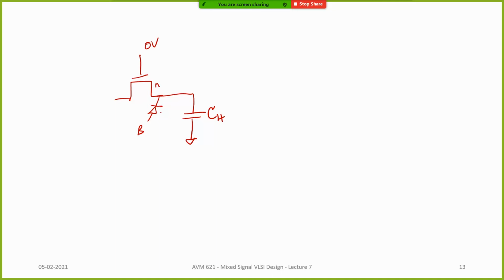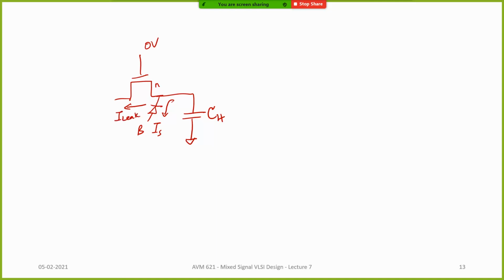Now the reverse biased junction diode will also have what? Some saturation current which is flowing even when it is reverse biased. So if you're going to keep the capacitor in the hold mode for a very long time, what will happen? This reverse saturation current has to come from where? The capacitor only. Okay. So the capacitor voltage will start drooping because of all these leakage paths. Now you would have studied in your device physics that even the transistor itself will have some leakage current, right? There will be some leakage current, I leak,